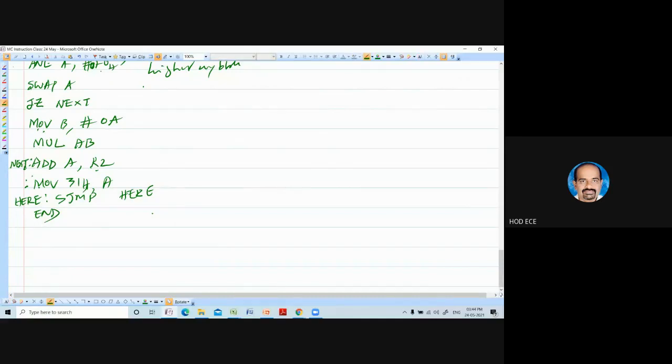Third program: binary to ASCII. So 0, 1, 2, 3, 4 till 9.